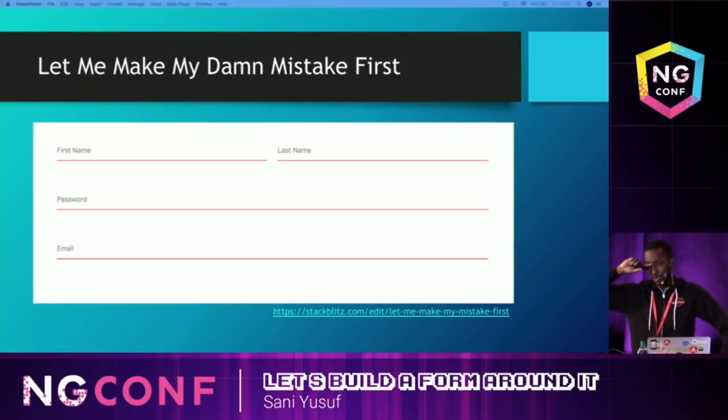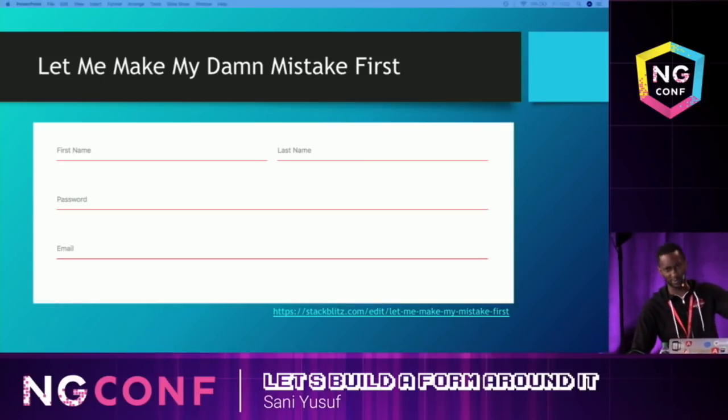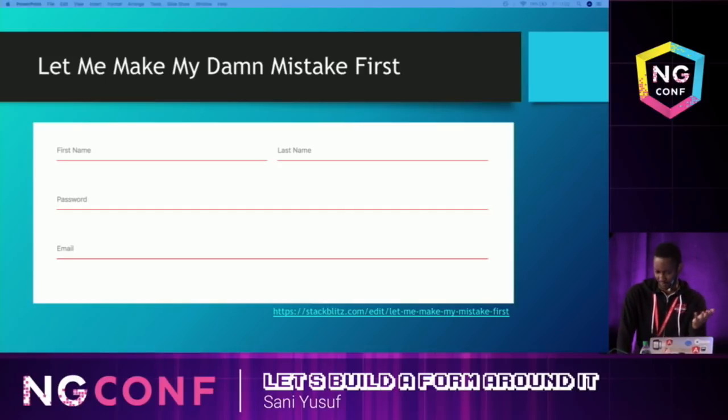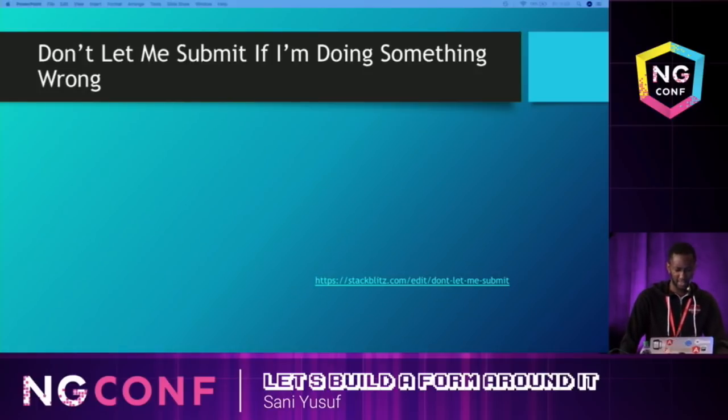Don't you know these forms? When you just go to www.somegreatwebsite.com and you haven't even typed anything, and it's already telling you that this is wrong, that is wrong, you're gonna die, this is just red everywhere. You need to put an 8 character password. Like, let me type the password first. Then you can tell me. And for any example I show, there's a StackBlitz link you can see after.